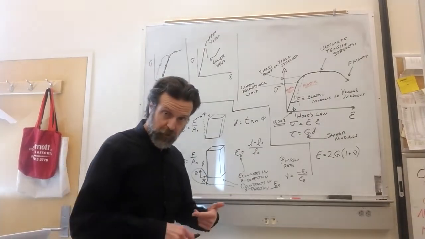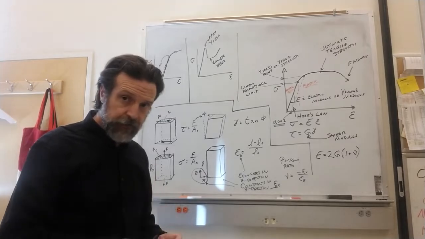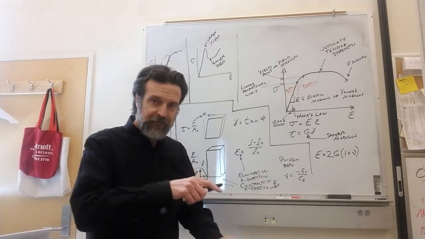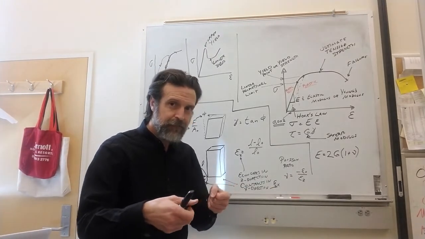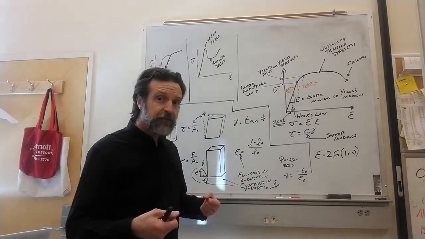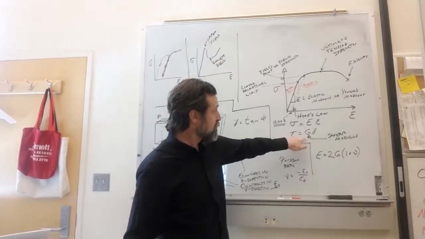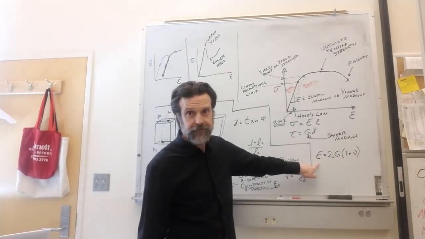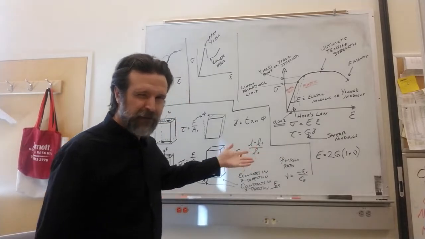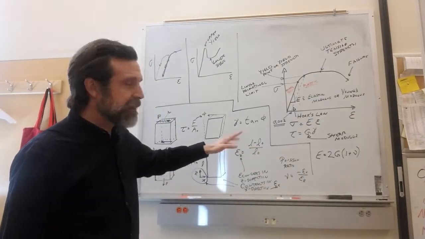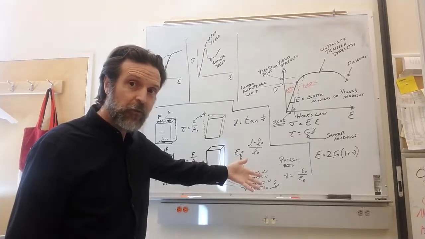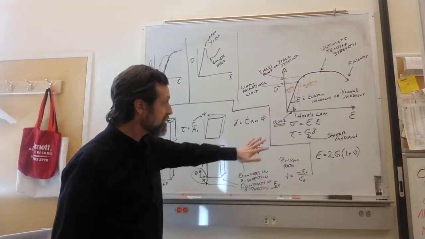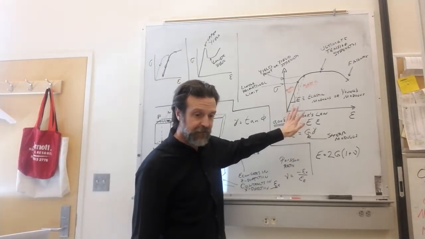And the good news is when we're talking about isotropic linear elasticity, meaning we're treating the material as though if I pull in any direction it behaves the same, then we have a relationship between shear modulus, Poisson ratio, and the Young's modulus. And there's another elastic constant called the Lamé constant that we're not talking about here, but that's also another one that we can use to relate all of these to each other. As I said, this is linear elastic